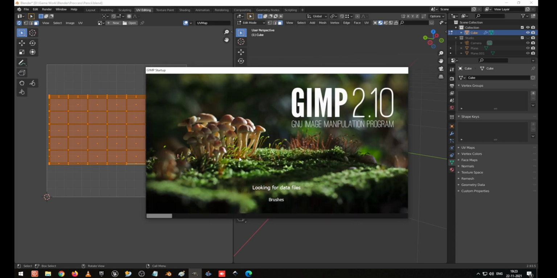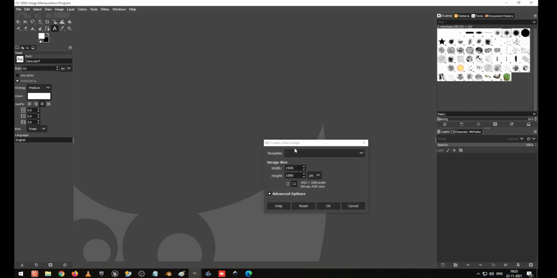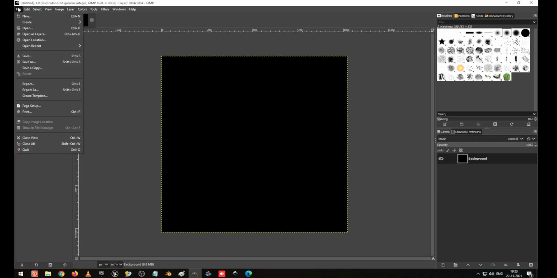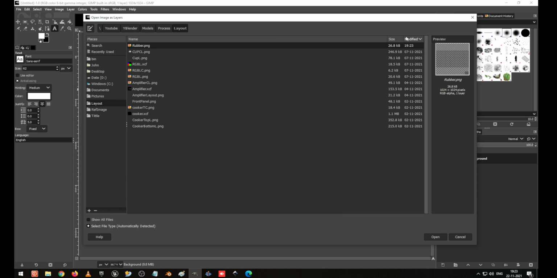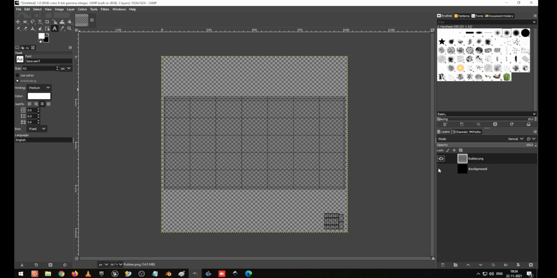Now I am opening that application and I am going to give the texturing for the rubber. I am going to use the contrast and black background, which will be very useful for us to change the color whenever required in Blender itself. I am using this because I am going to do only two color matching. I go to open as a layer, and I go to the layout, and I select the newly exported file, and I open it. So it has opened. I turn off the background.